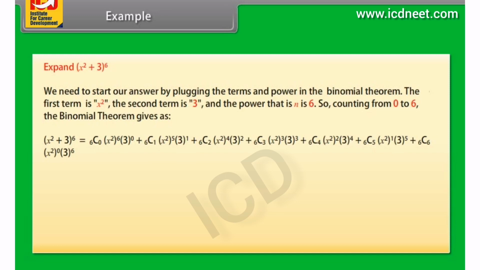to 6C0 times (x²)^6 times 3^0 plus 6C1 times (x²)^5 times 3^1 plus 6C2 times (x²)^4 times 3^2 plus 6C3 times (x²)^3 times 3^3 plus 6C4 times (x²)^2 times 3^4 plus 6C5 times (x²)^1 times 3^5 plus 6C6 times (x²)^0 times 3^6. After simplification, we get